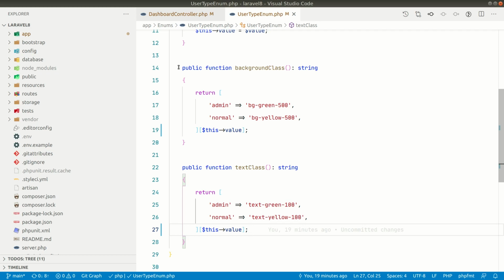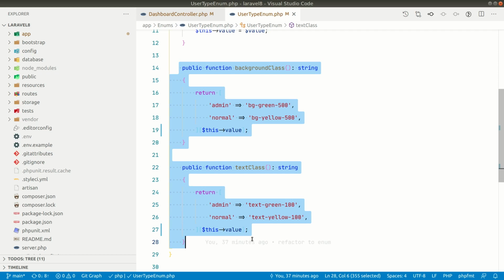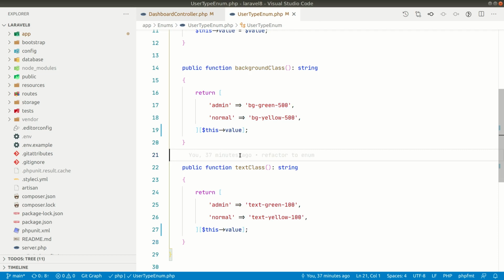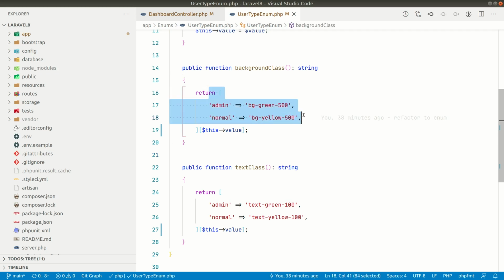But here, it is just simple classes, so you don't have to do it. But for the sake of the video, I'll be making this, but you can implement that when you are implementing the payments in your application. So first of all, let's see. In this case, we have the user type. There are two types, admin and normal. So we'll create two classes, admin type and normal type. For every type, it must have a separate class.